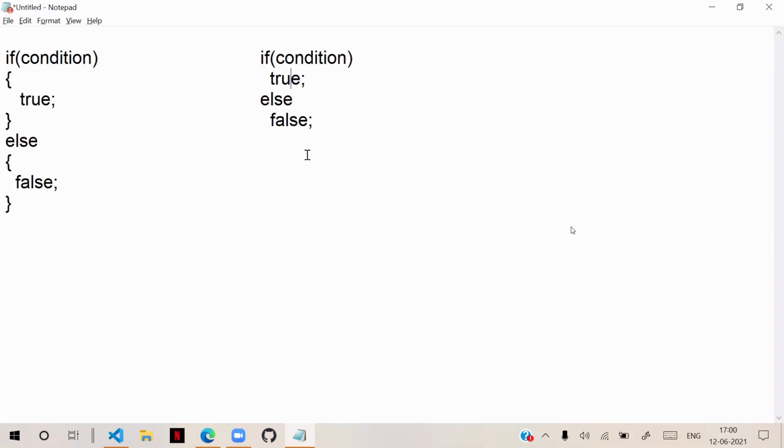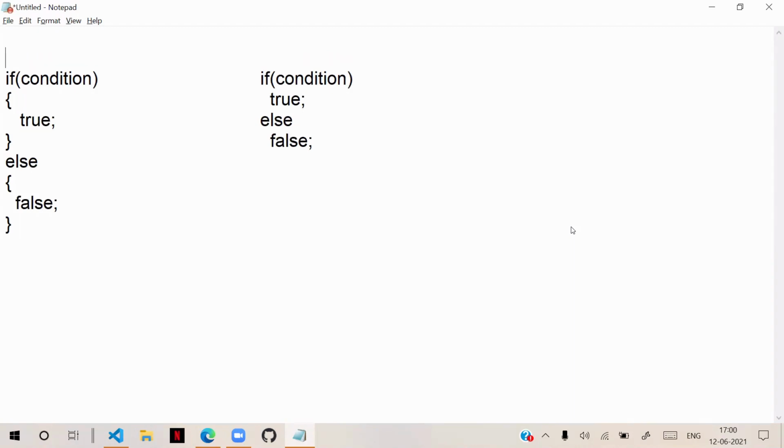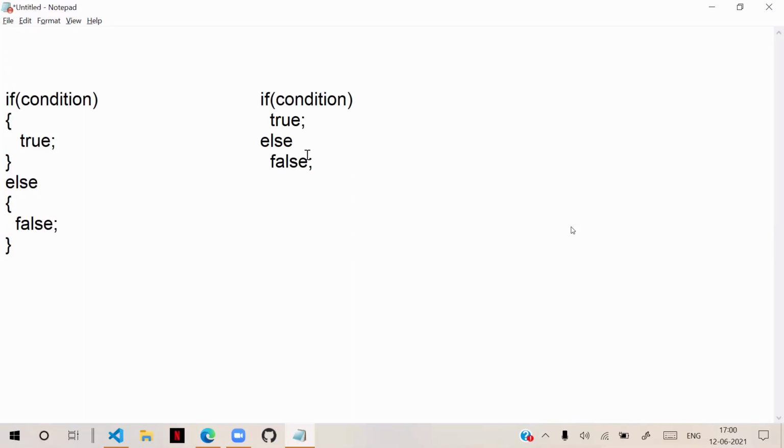So then where to know about all this? Actually, this is what we ask our developers to understand: don't try these shortcuts until or unless you know that they are good for the compiler. Generally, where you can know about this, actually, I will show you. So JavaScript, as I told you, follows the standards of ECMA.